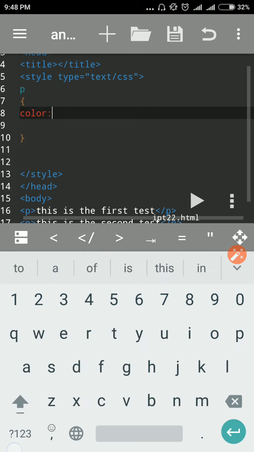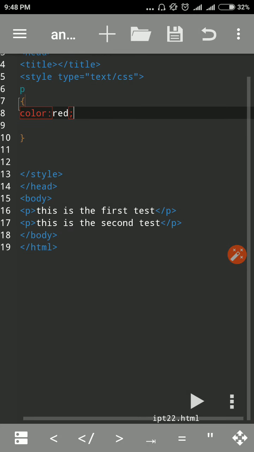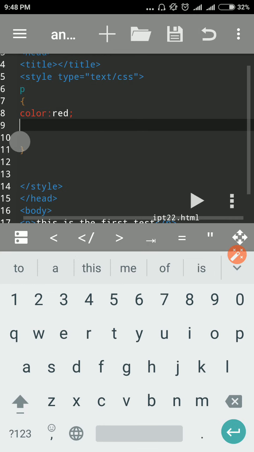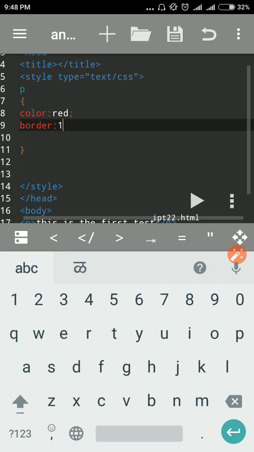I want to take the red color. We save this and run it, and this is the red color we got for the font. Then another attribute we have is background color. But before that we can take the border: the border width is 1 pixel, the solid type, and that is the border.